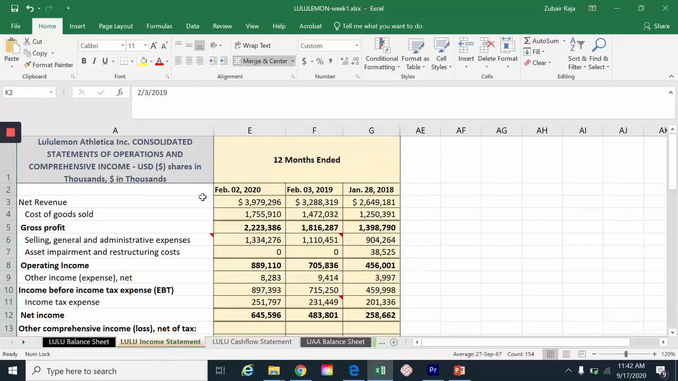Now, the income statement is for the whole 12 months. So it means from 1st of February till the 31st January 2020. This is the report of the financial performance of Lululemon in the whole year of 2019, 11 months of 2019 and 1 month of 2020. They generated this much revenue. Remember, these numbers are all in thousands, so it's